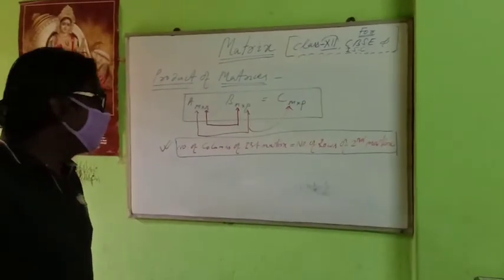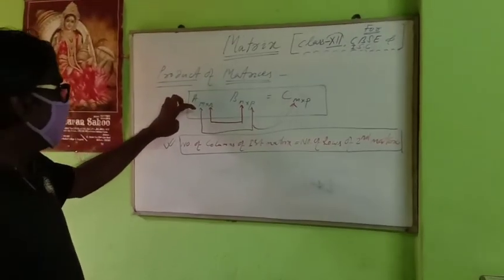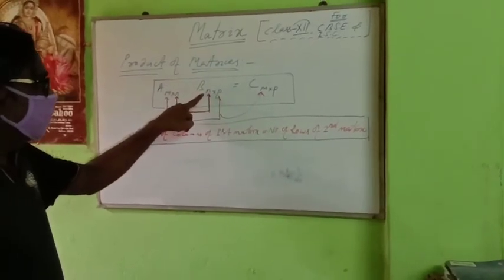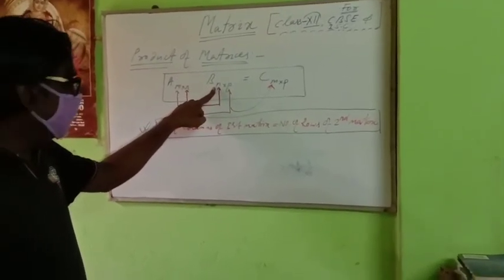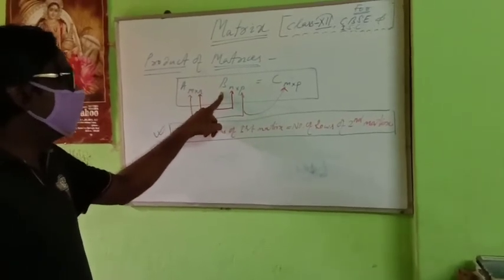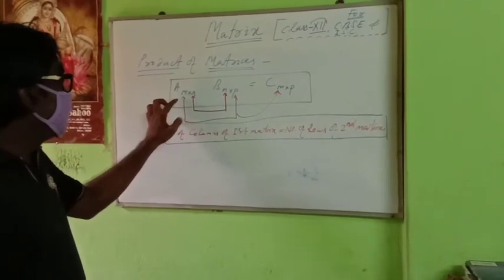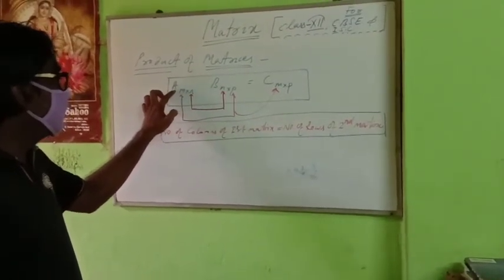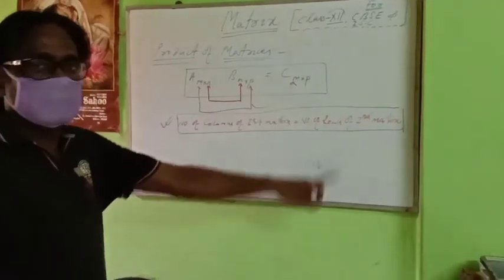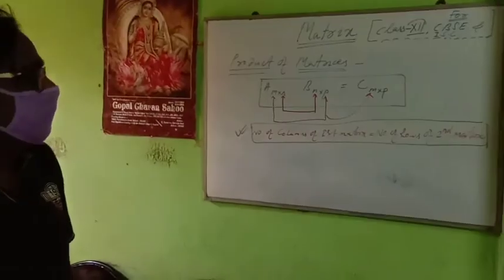Okay. So what is the condition of multiplication of matrices? The number of columns of the first matrix should be equal to the number of rows of the second matrix. Then we can multiply both the matrices. The result will give you another matrix having order equal to the number of rows of the first matrix and number of columns of the second. That is an m by p matrix. This is the condition of product of matrices. Let us take some more questions.